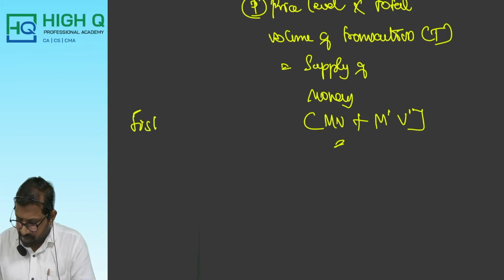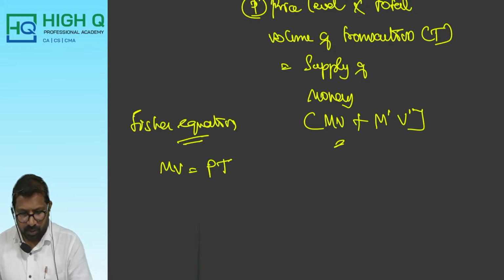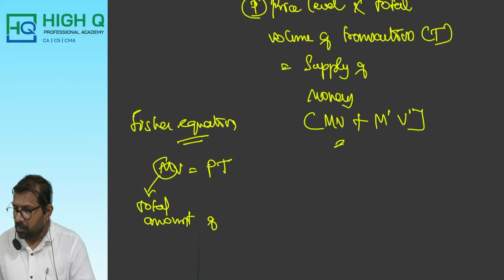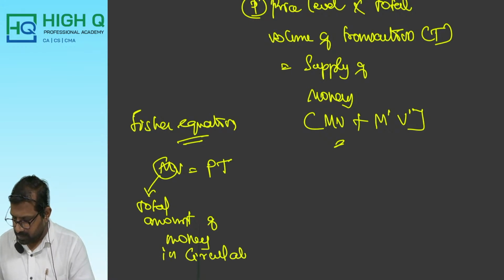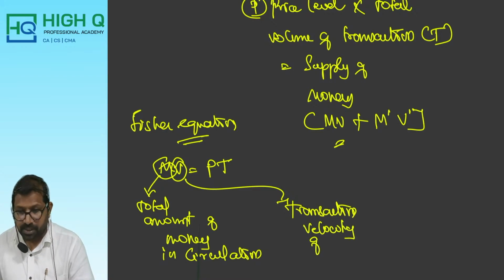Here, the Fisher equation is also very much important: MV equal to PT. M represents the total amount of money in circulation, V represents the transaction velocity of circulation,